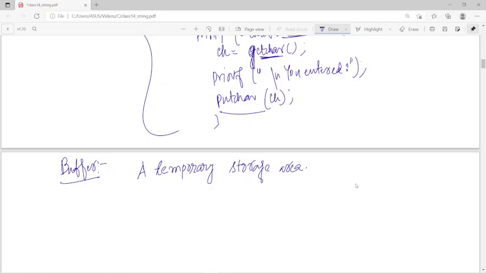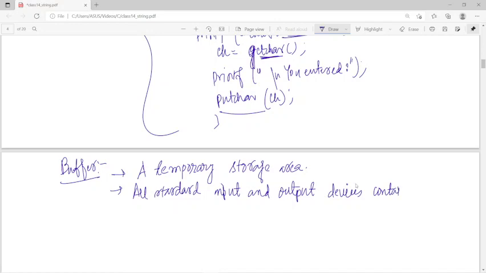That means all standard input and output devices contain an input and output buffer. So for example, we know in standard input, when we are pressing a key on the keyboard, it is